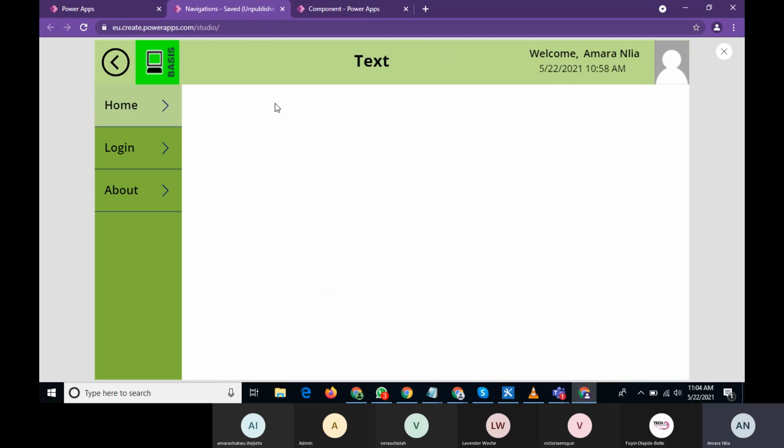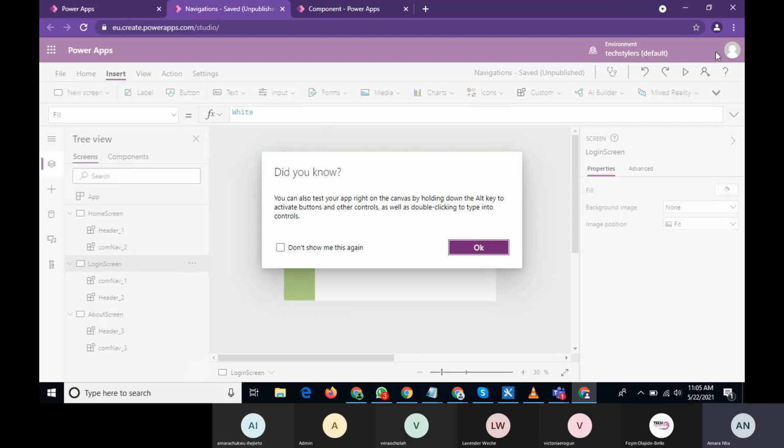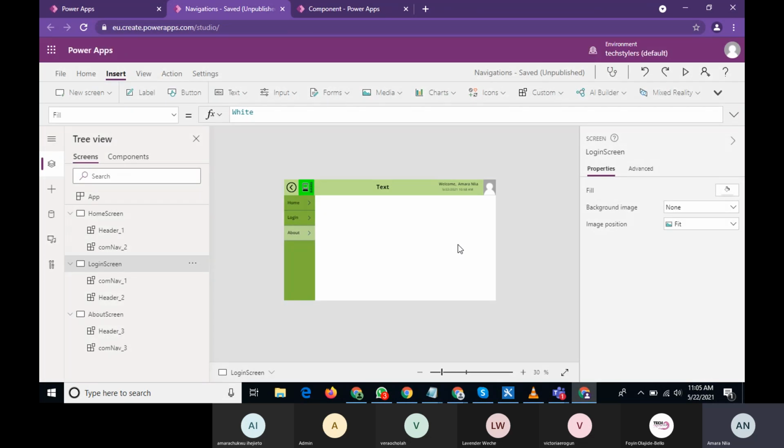You see? Okay, but if you look at this, you see that our text is showing text. So you have to change it. So our login screen is still showing text. So there's a way we can just make it easier for everybody, so you don't have to be changing your header text every time. So what we are going to do is